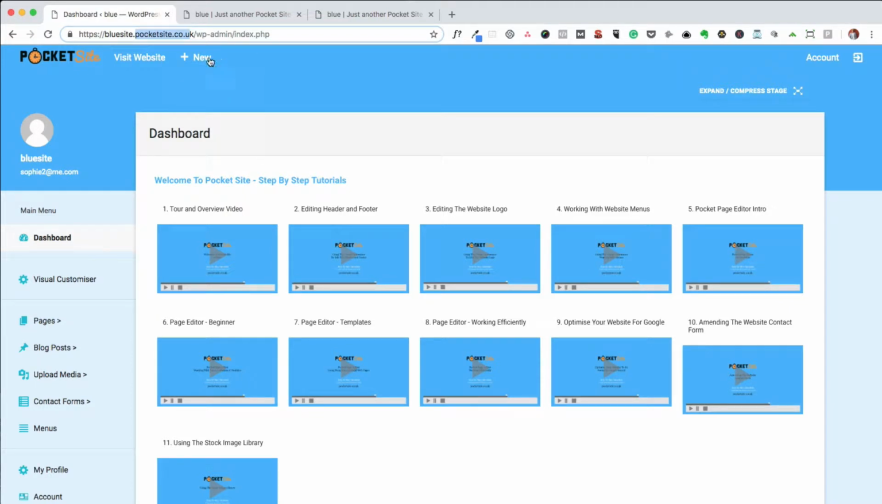What you may want to do is actually to map onto that a custom domain, a business domain that you've got. As an example with this one, we may like to map onto it something like wimslowcbt.co.uk. And that's perfectly possible to do with PocketSite. As I say, it just involves a little bit of configuration to achieve it. So what would happen is, instead of accessing your site through bluesite.pocketsite.co.uk, you would simply access it through